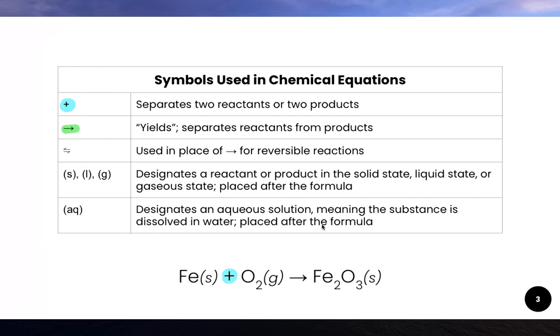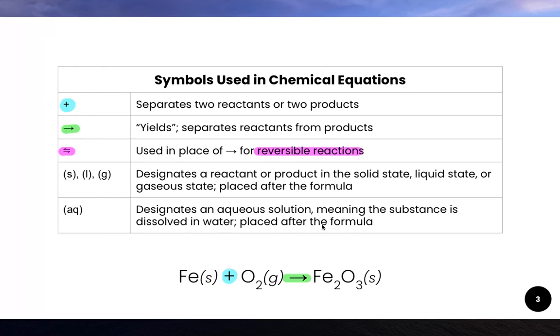Next, we have the arrow. This means that something is being formed, produced, or you could say yields when you're reading it aloud. And that separates the reactants from the products. Sometimes you will see a double arrow instead of the yield arrow. And this just means that it is a reversible reaction. So if you change the temperature or the concentration or the pressure of the surroundings, the reaction could be pushed